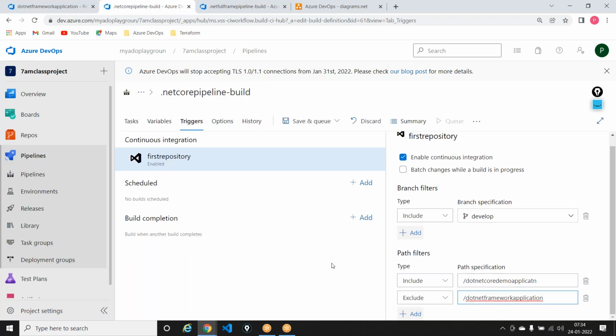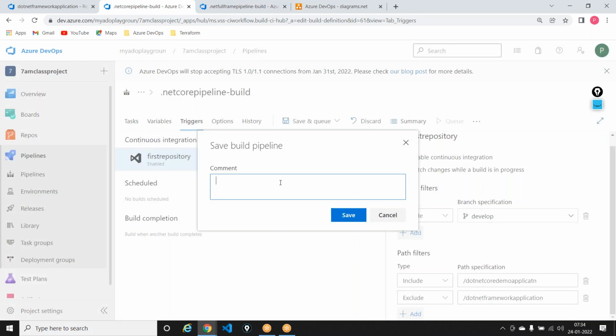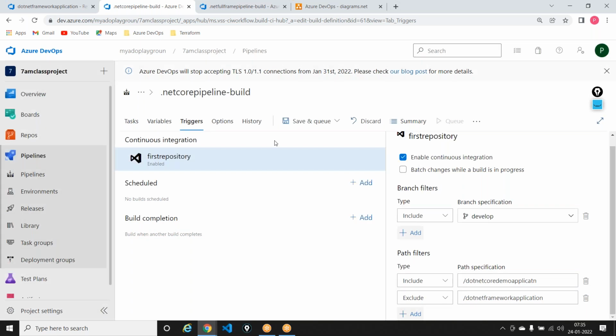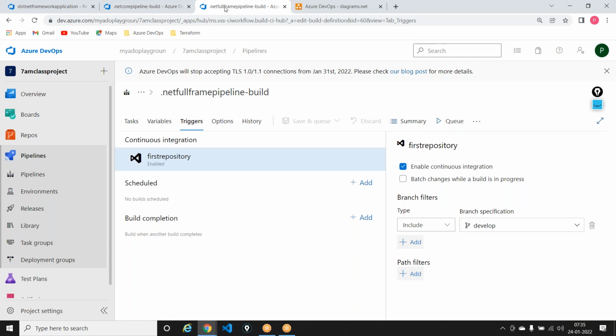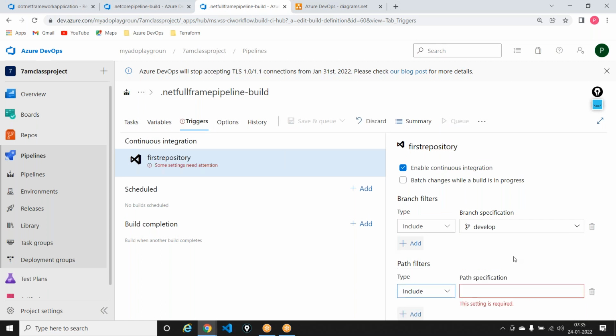I am including a folder called .NET Core, and I'm excluding something known as .NET Full Framework. And I'll say save, and I'll say added path filters. So I'm adding path filters out here, and I'll do the same thing for the .NET full framework pipeline also, wherein